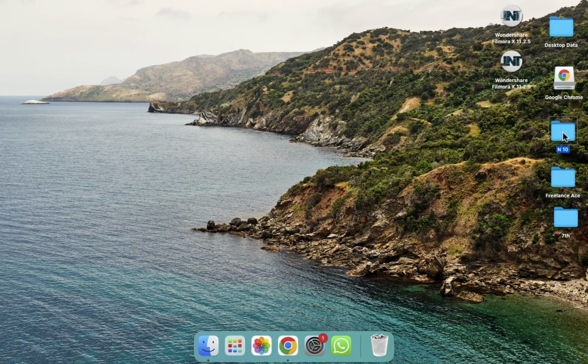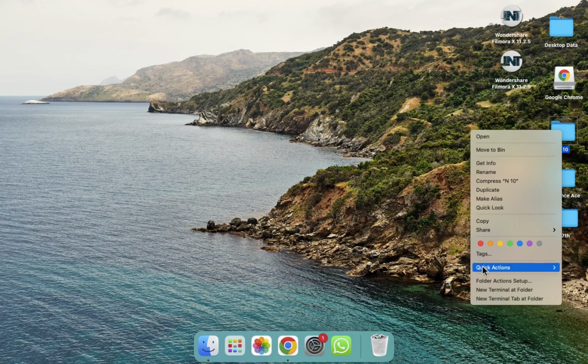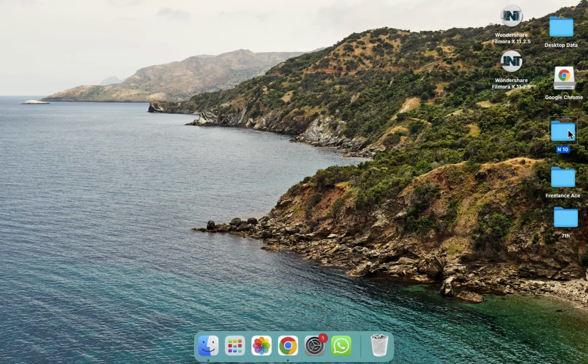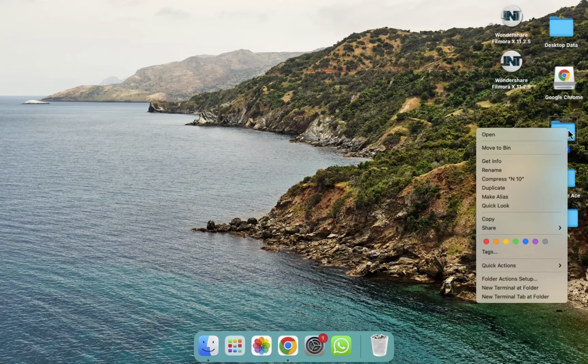For right clicking on this folder, simply hold the control key and then click on the mouse, and the right click options will open. If you want to do this with another method, you can also do that. Simply press on the trackpad with two fingers. So let's press, and after pressing it, as you can see here, you will get the option of quick